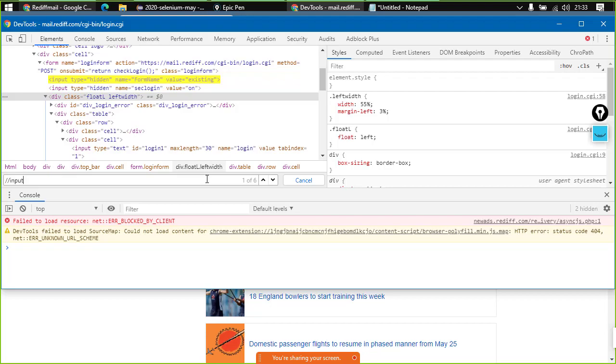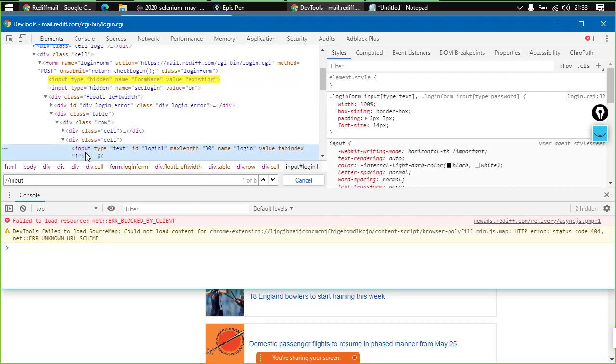Now this means that a single XPath can have multiple elements located as well, right? Now out of these 6 elements, there is only one element that we need to have access to. We don't want any unnecessary element, right? So the element that we need to have access to is this.